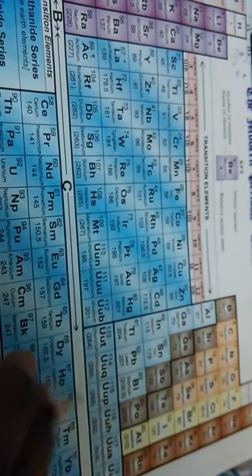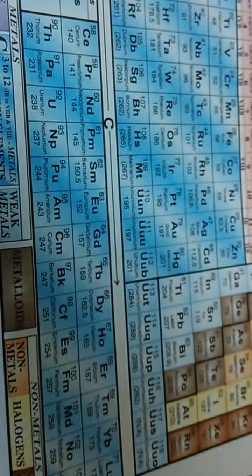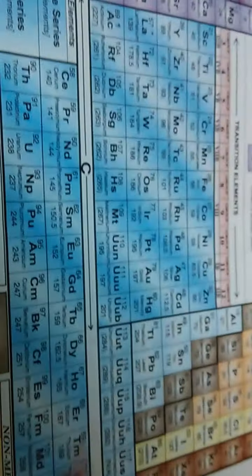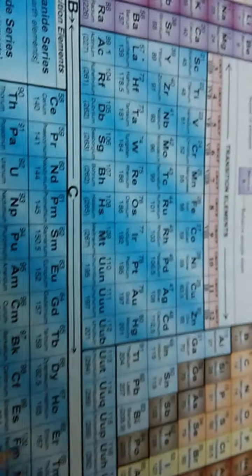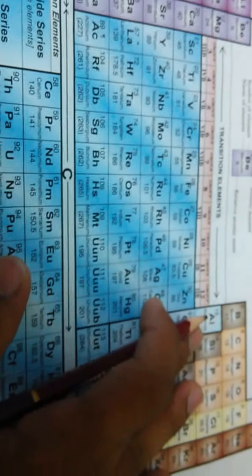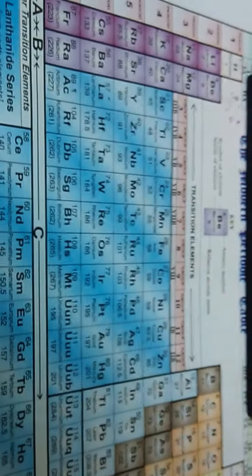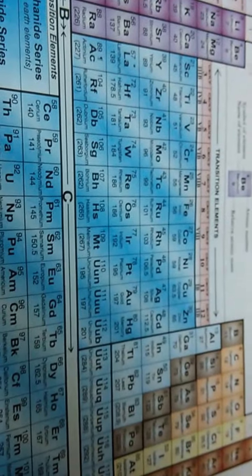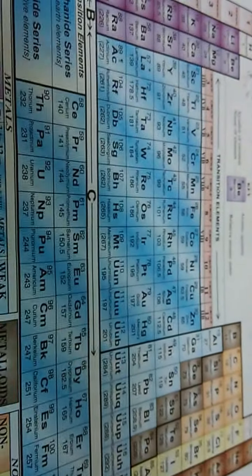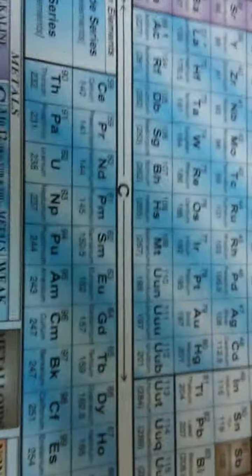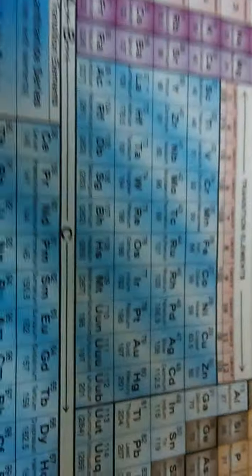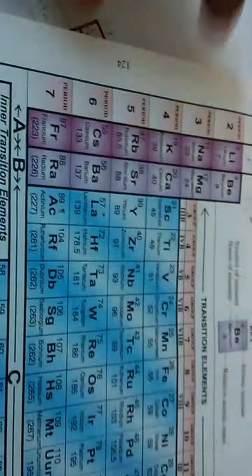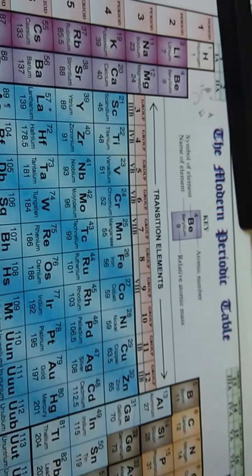So here I feel that it's a drawback, because this should be placed in the main table over here. And other than these two drawbacks which I've just told you guys, this table is excellent, and I have tried to overcome these drawbacks in my period